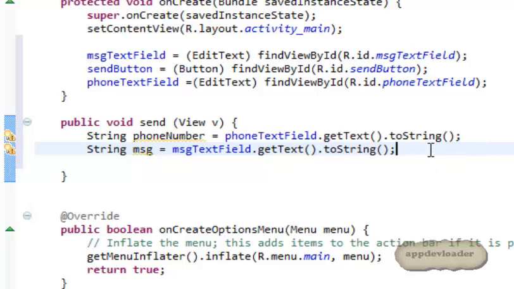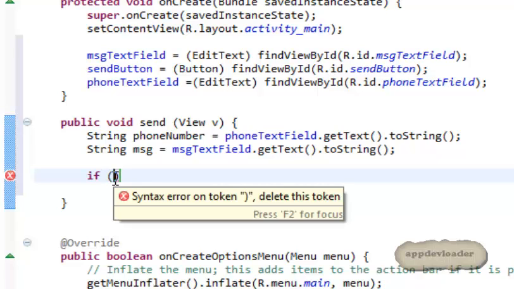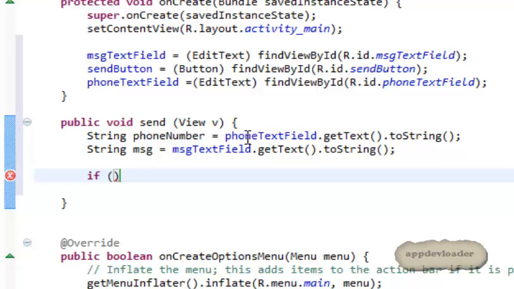So for us to verify this, we say if phone number field, that is, now we are trying to use our string. Understand? We created a string for our phone number, and we now link this string to the phone number text field. So we will now use the instruction telling our application that if our string is empty, post a warning. So you say phone number